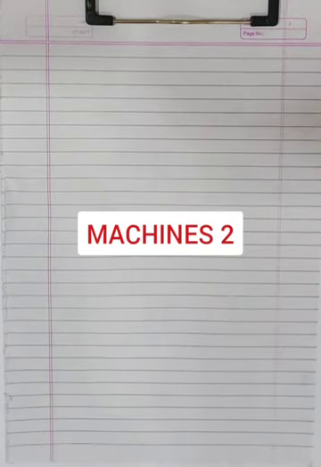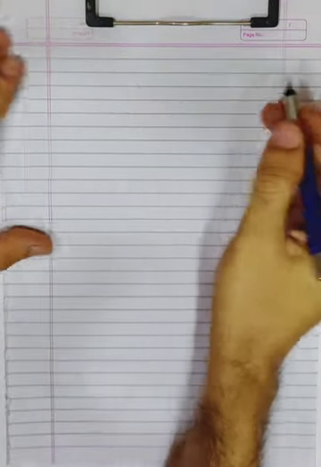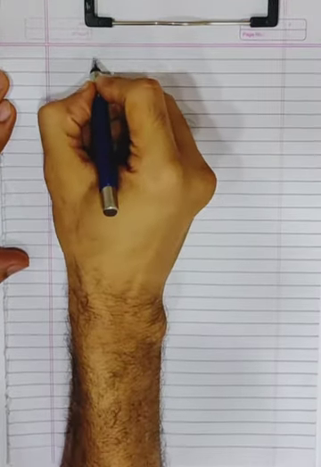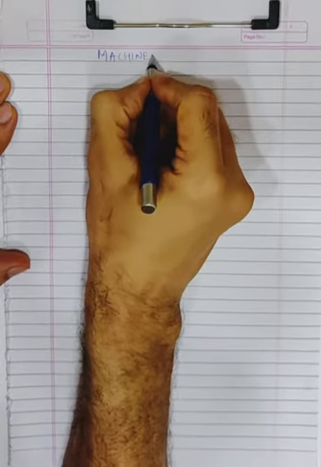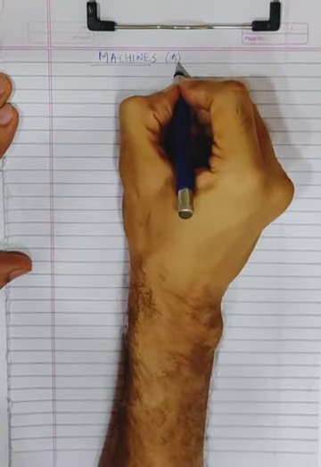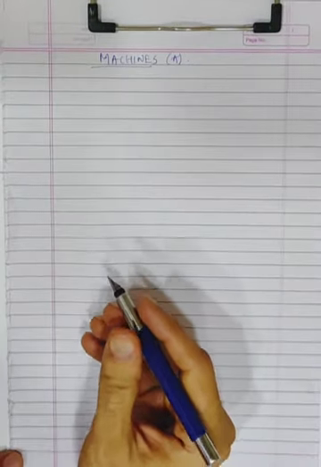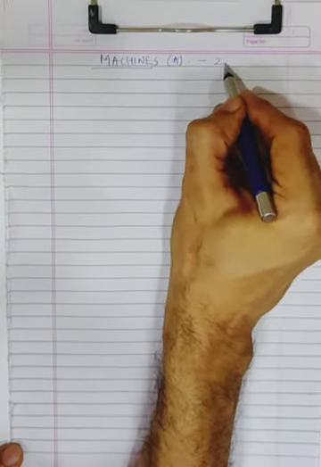So guys, we are starting with the numericals now. What we are doing now are the numericals of the A part of the chapter. So we'll do the solved examples now. Okay, so these are all machines, A part numericals, and I think this is our video number 2 on machines.